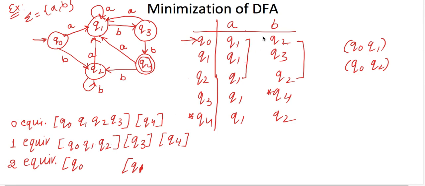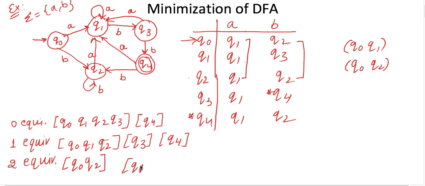See, if they are same, then they will be going into the same group, or if you want you can check from the group also. See, Q0 on A is Q1, Q0 and Q1 are in the same group. Q0 on B is Q2, Q0 and Q2 are in the same group. Okay, now watch, Q2 on A is Q1, Q2 and Q1 in the same group, Q2 on B is Q2, Q2 and Q2 same group. Okay, got it? So it means Q0 is going with Q2.